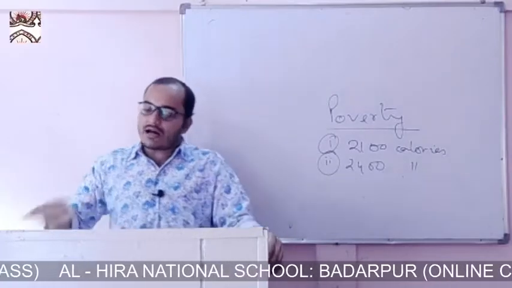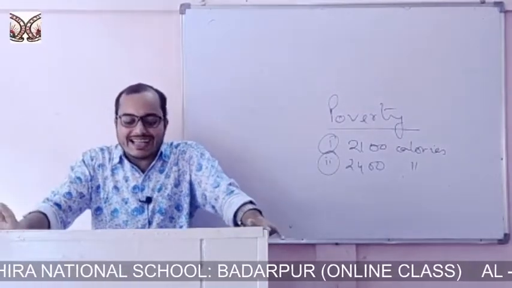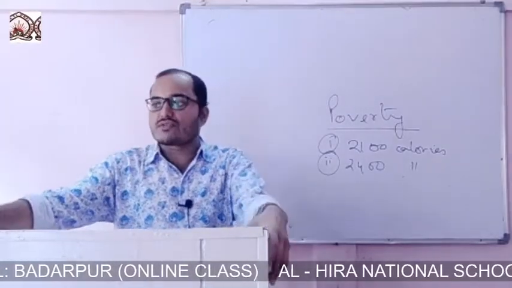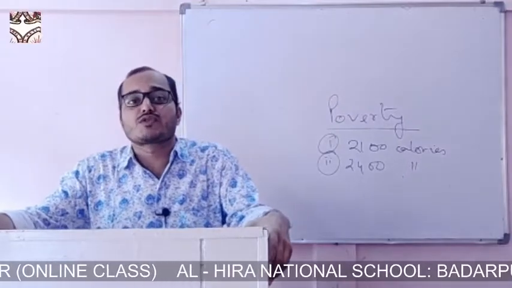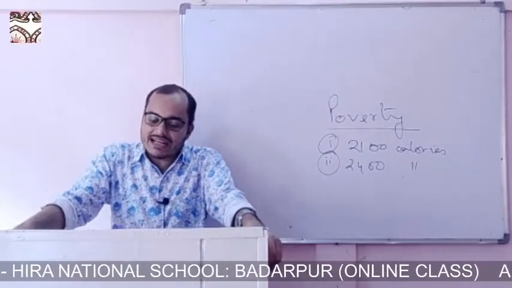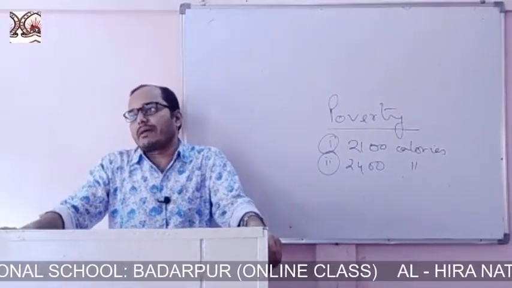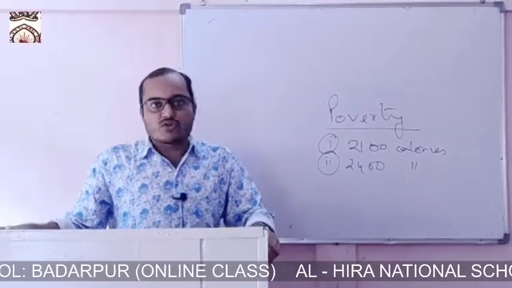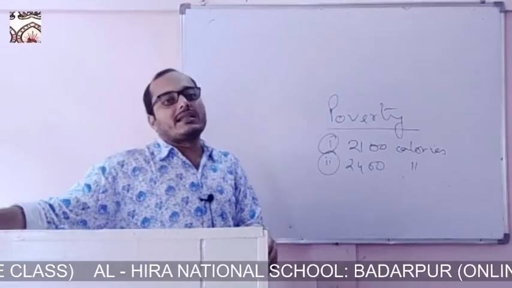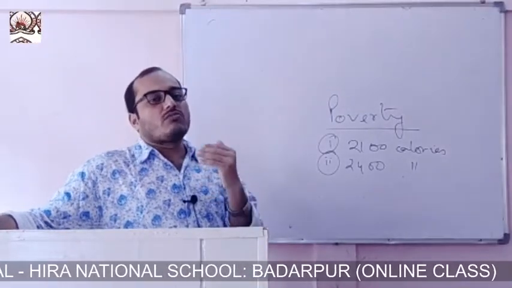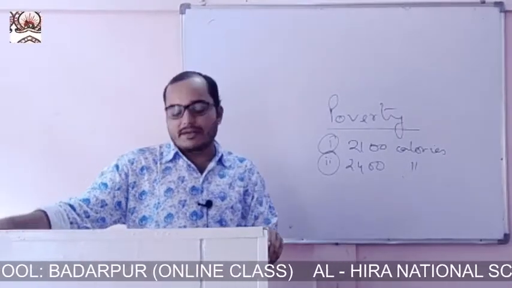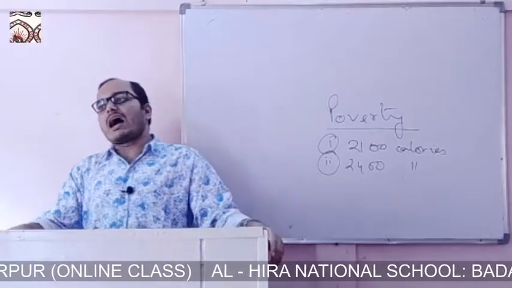Now, the second one is the social cause. A sizable portion of the population is restricted from the benefit of socio-economic development because of social barriers. What are social barriers? It is the caste system, or sometimes the social complexities, which creates a situation where people are not allowed to enjoy the socio-economic development. Now, these are the causes of this poverty.